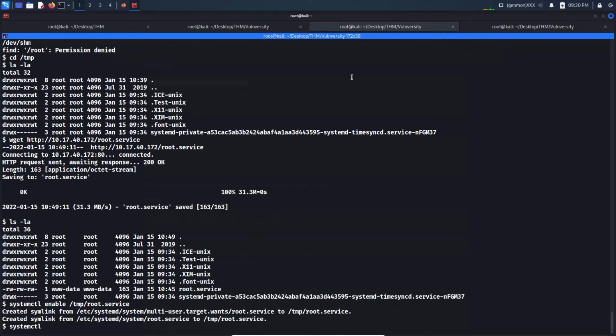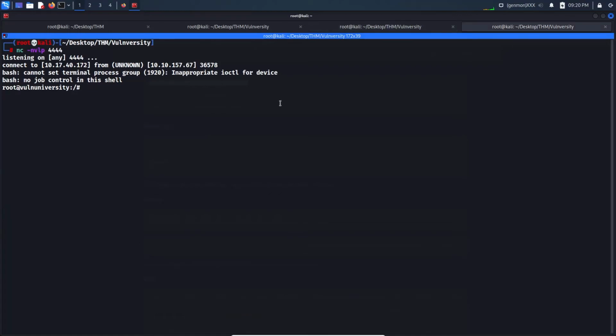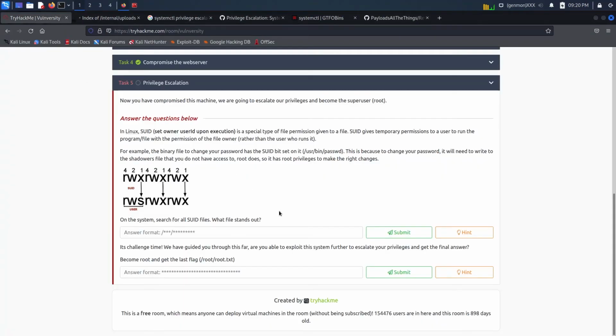nc -nvlp on 4444. Okay, now what we are going to do, systemctl start root. We should get the, okay, we got the root shell, and we already got the answer of the first question, that is /bin/systemctl. It's challenge time. We have guided you through this far. Are you able to exploit this system further to escalate your privileges and get the final answer, become root, and get the last flag, that is